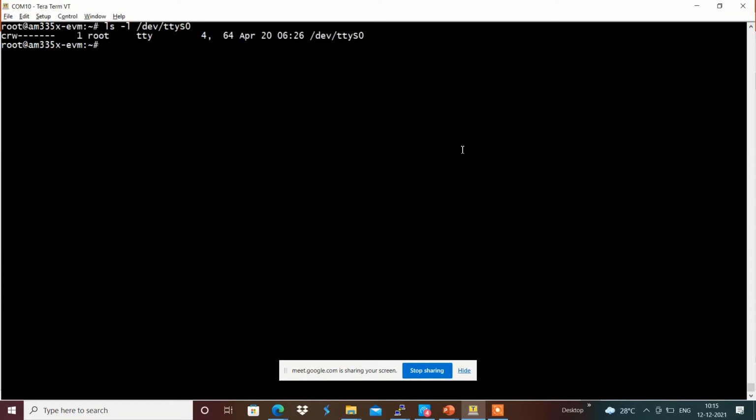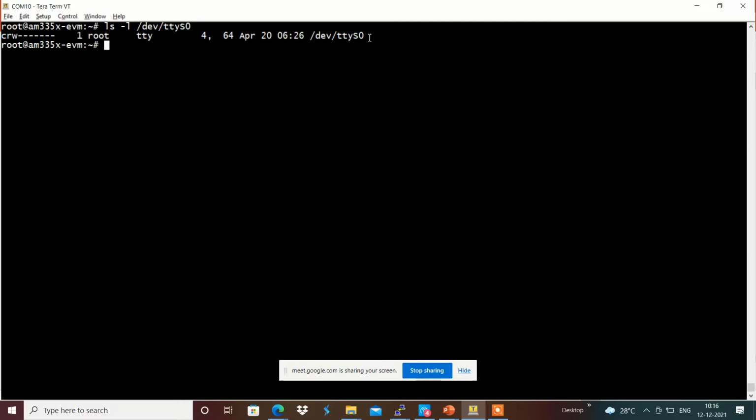The dev directory contains the device files for driver access in the system.